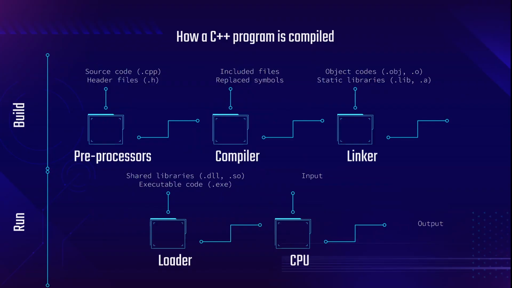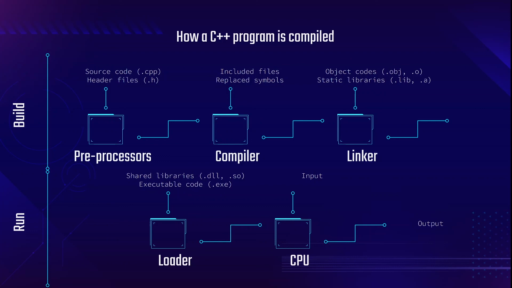And lastly, we'll go into, in particular, how a C++ program is compiled. So I'm not going to give you a precise definition right now, but what we're going to be talking about is how we're going to compile each and every program, right? So you have your source code, which is indicated by a .cpp in your files, and the header files indicated by .h, right? Put those into the preprocessors. The next step is you want to have all your included files and replace symbols, and then those will all go into your compiler, right?